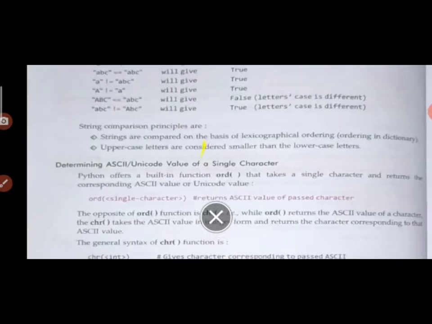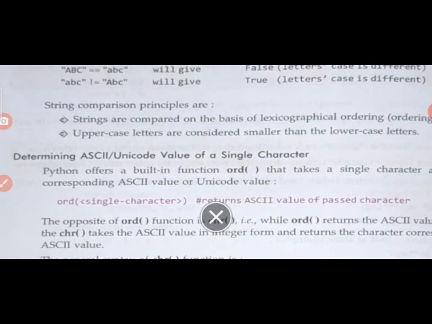This is the syntax. Students, this is the ASCII Unicode value of a single character, and the ord function is used for it.